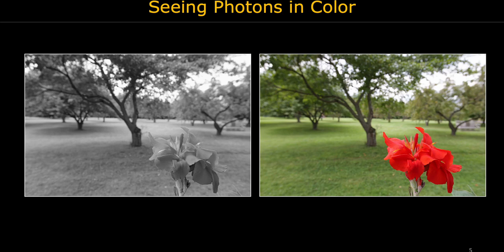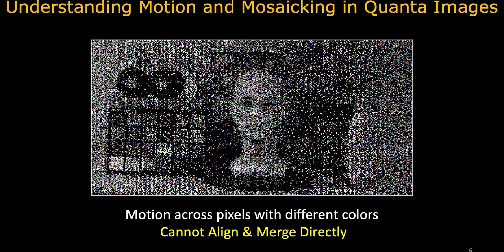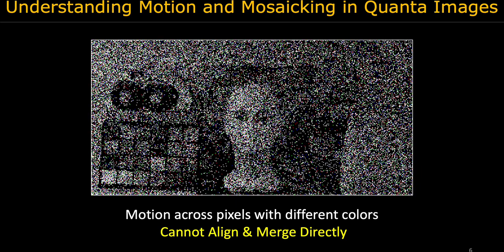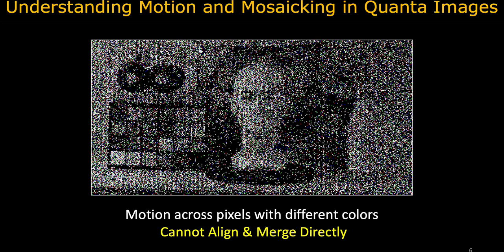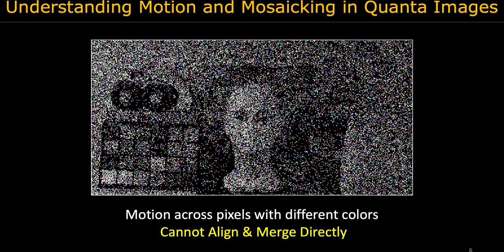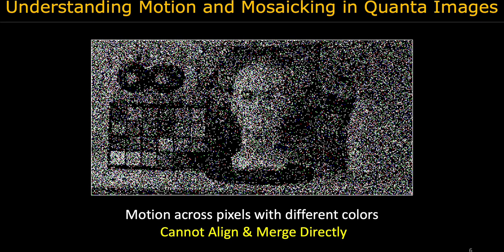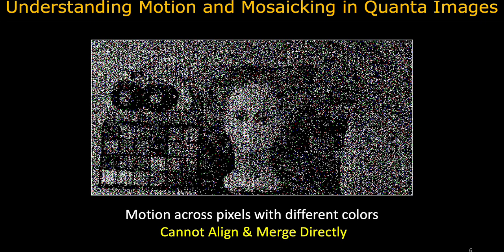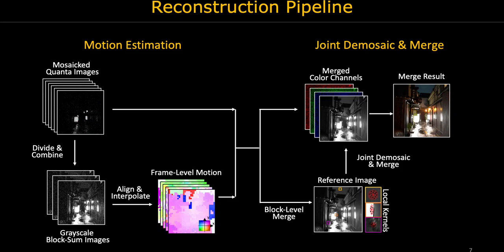Color is an important and often critical component of both machine vision and consumer photography. Our contribution is twofold. First, we notice that a color SPAD array captures a sequence of mosaicked binary images which cannot be easily reconstructed in the presence of scene or camera motion. Inspired by burst photography for conventional cameras, we develop a computational approach that aligns and merges a sequence of mosaicked binary images into a single high-quality intensity image.